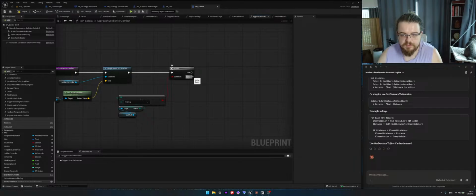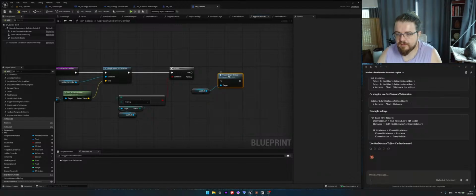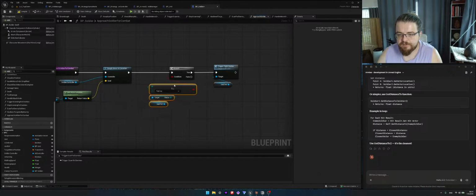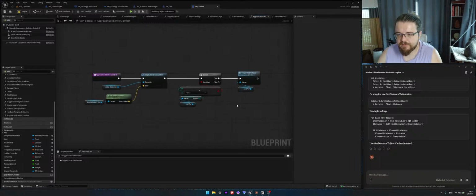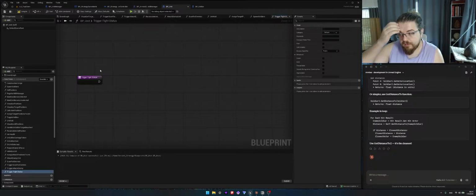If this is true, then we say unit ref trigger fight status. Okay. So what happens with the fight status? Uh-huh. So now that we're fighting, we are going to say,